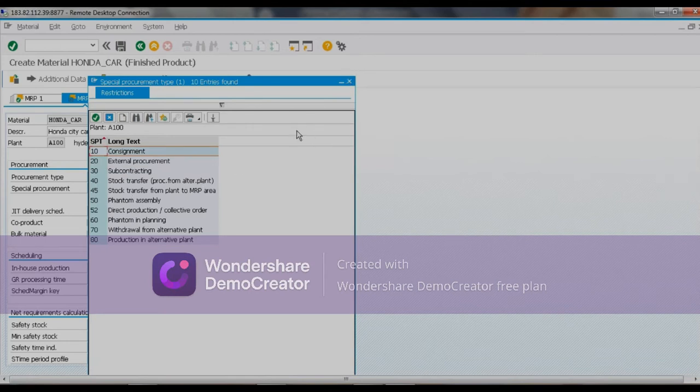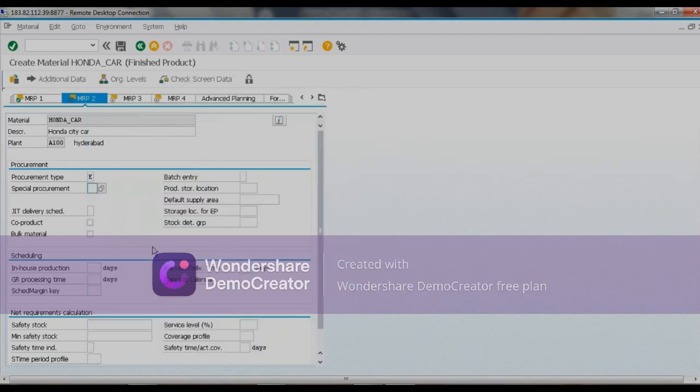If you want, I will explain the remaining things in detail after one flow is completed. Once one scenario is completed, I can explain how it works: what is phantom assembly, stock transfer, direct production. I can explain that later. But this is one of the important fields in MRP. So the next one is